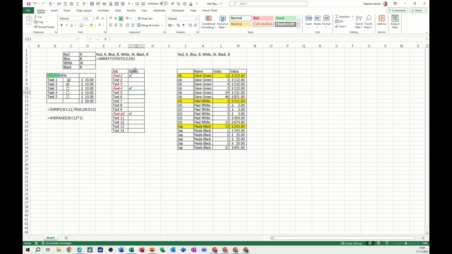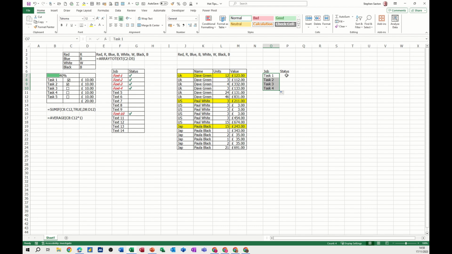The third tip is this one here, where if I put a number 1 in the status column, I get a green tick, and then I get the job being crossed out in red and with strike through applied. So I'll just do another one, you can see how it works, like so. Now let's just do that one over here, out of the way a bit. So if I come over there and just do job and status, I'll just do 4 jobs, so task 1, and then just pull that down